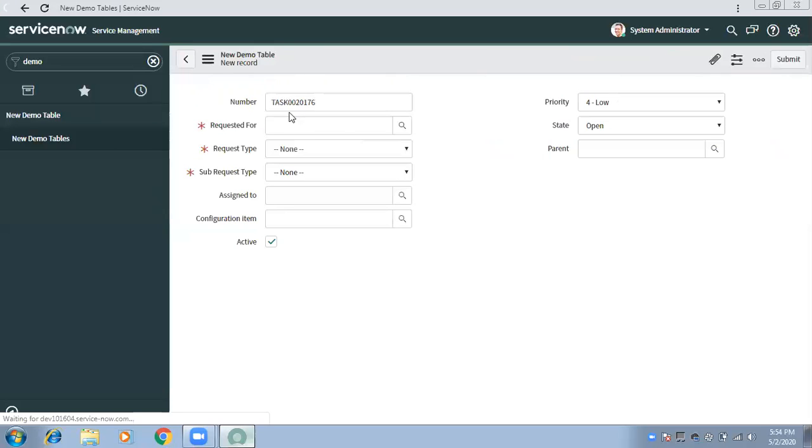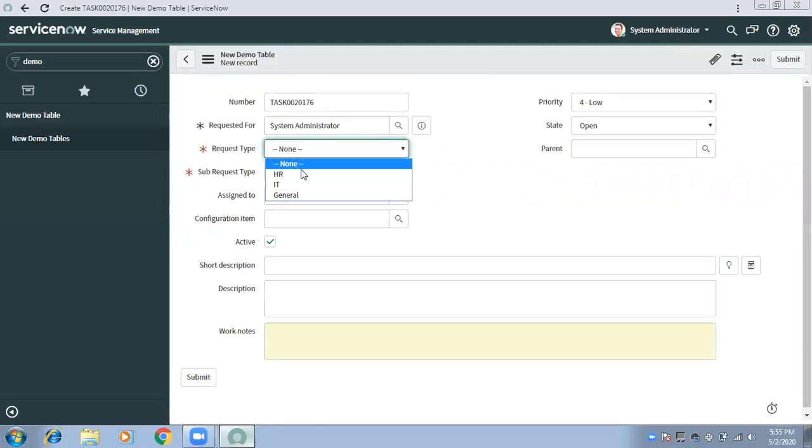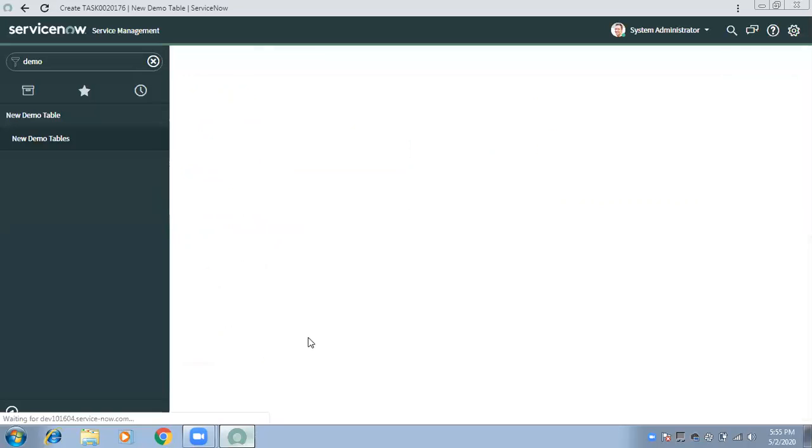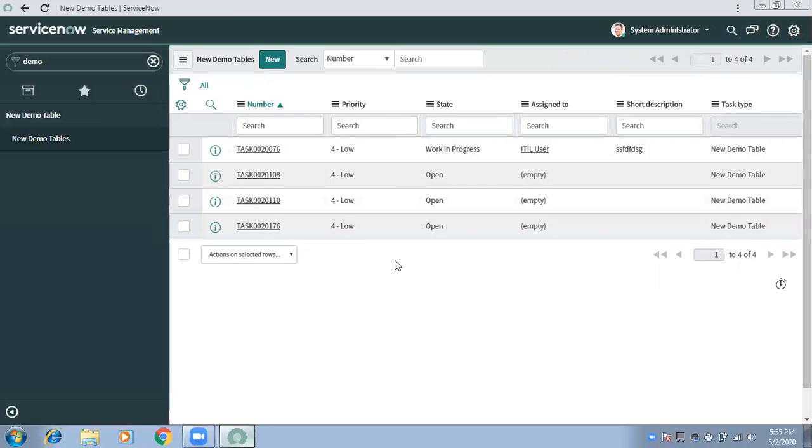Maybe I will create a third one as well here. By the time the table is going to increase, not 4 records will be there. There could be multiple, right? Now I just want to see those records which are parent child of this particular record. How can I get those records here only?